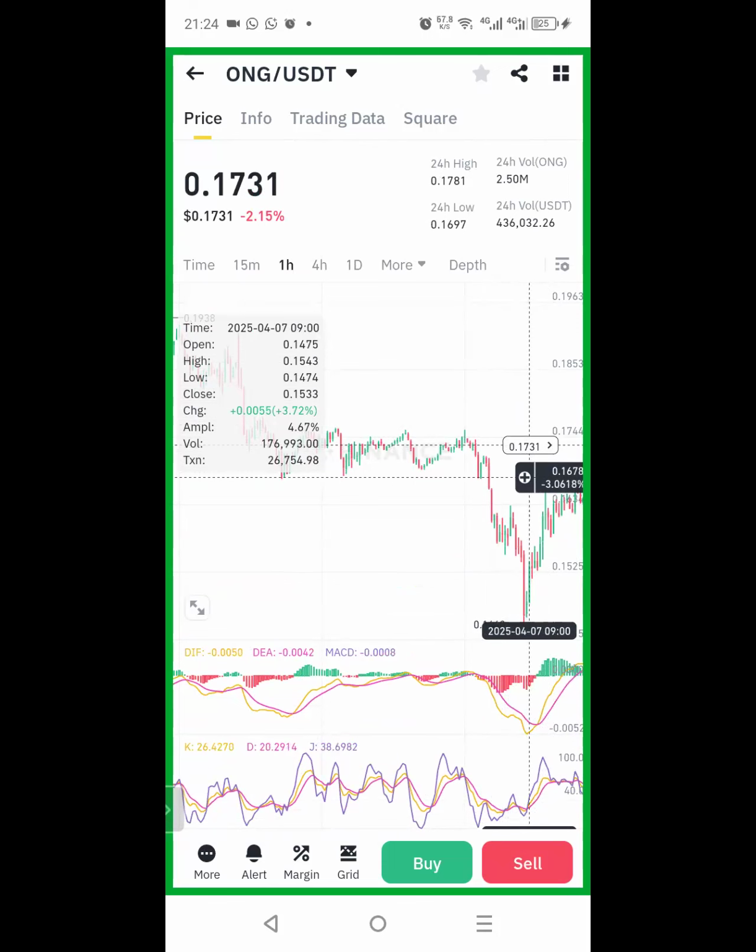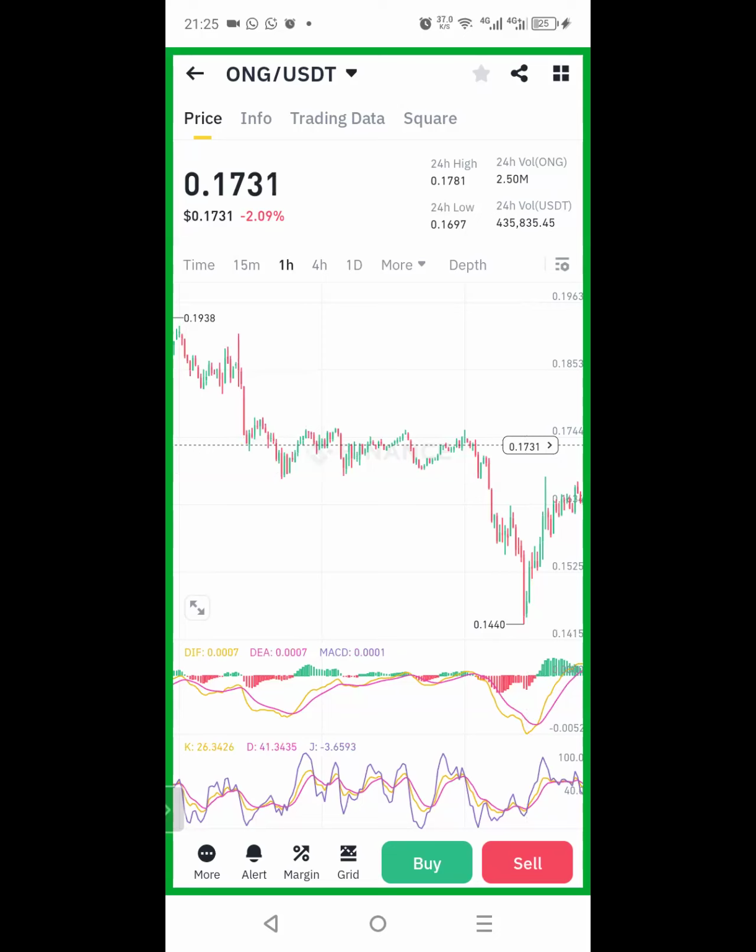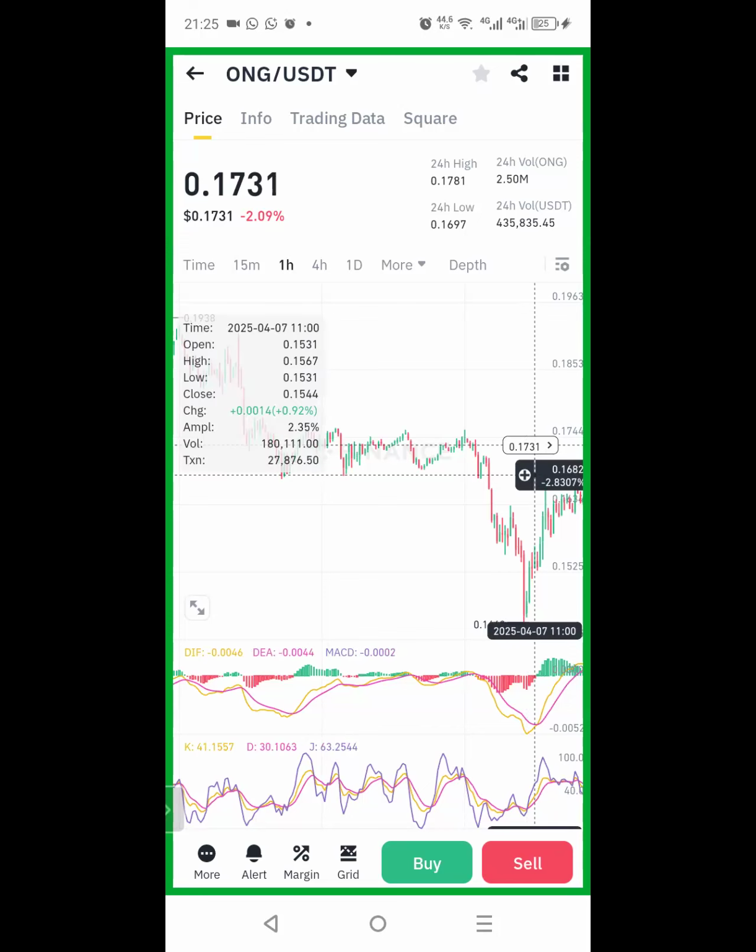So this ruler, I will place it here now. If we look at the number on this ruler, it says minus 2.6. Although, it just shows minus based on the current price of that coin. That's why it shows minus. So it means the price here is 2.6 percent below the current price of this particular coin.